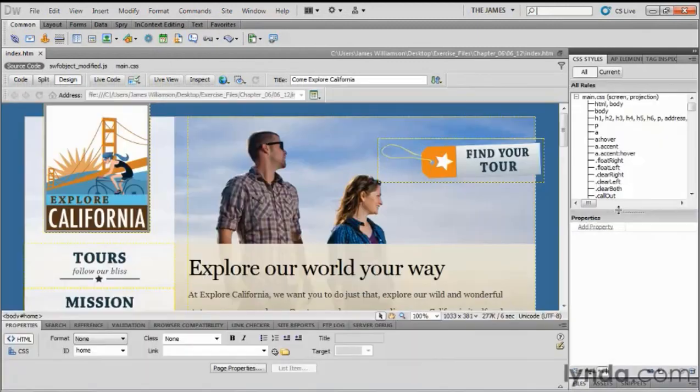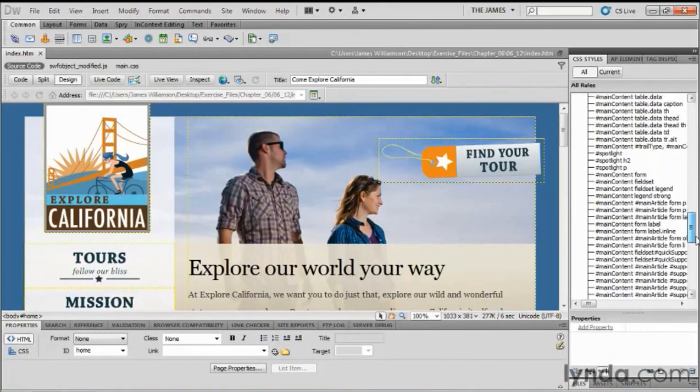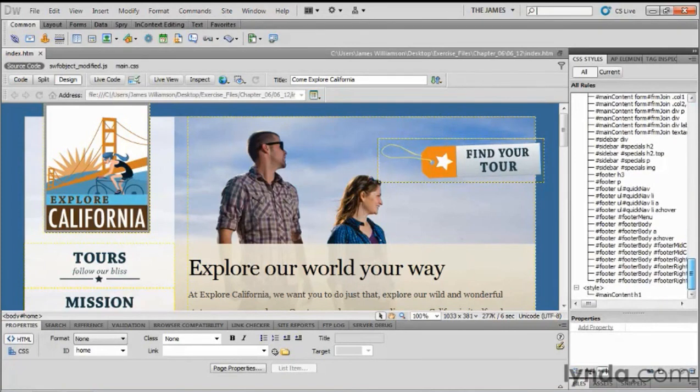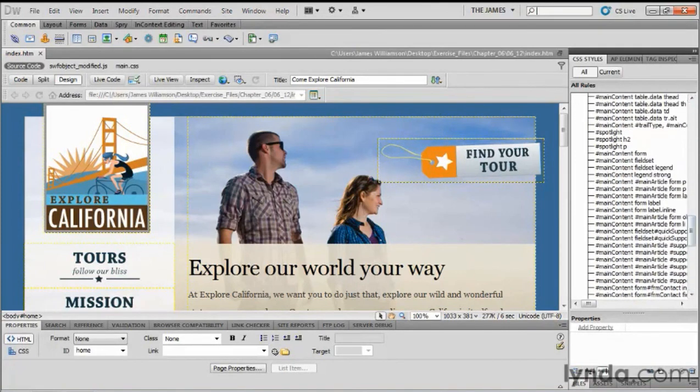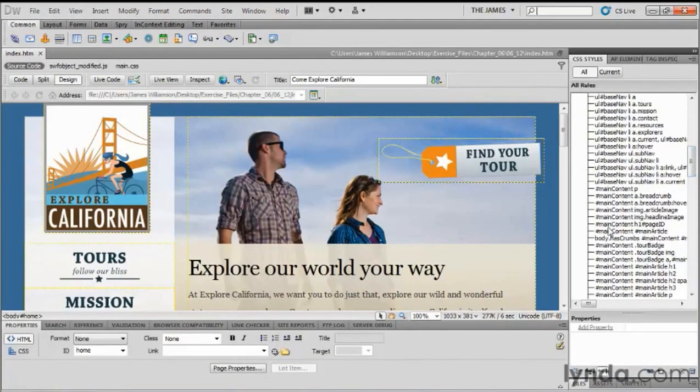I'm going to go ahead and collapse the files panel by double-clicking that. Again, that's just going to give me a little bit more room, and I can even grab this divider, move it down a little bit so that I can see these styles a little better. Now, there's a lot going on here, but you can kind of see the way that these selectors are arranged. We have our main content selectors, our base navigation selectors, so they're all sort of grouped together. Honestly, the pound main content H1 that we've got would probably fit right around this area, so it'd be kind of nice if it was there. All right, so how can we do that? Well, I'm going to scroll down,